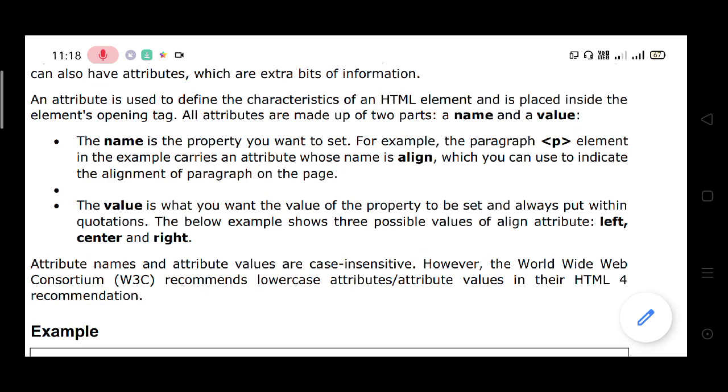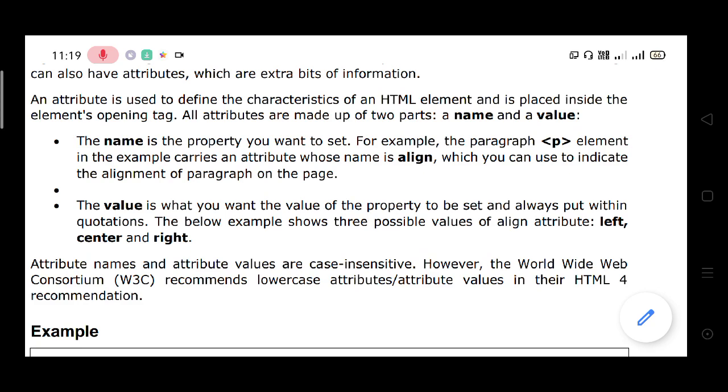Here the attributes are made up of two parts. The first one is the name and the second one is the value. The name is the property you want to set. For example, the P element in the example carries an attribute whose name is align, which you can use to indicate the alignment of a paragraph on the page.